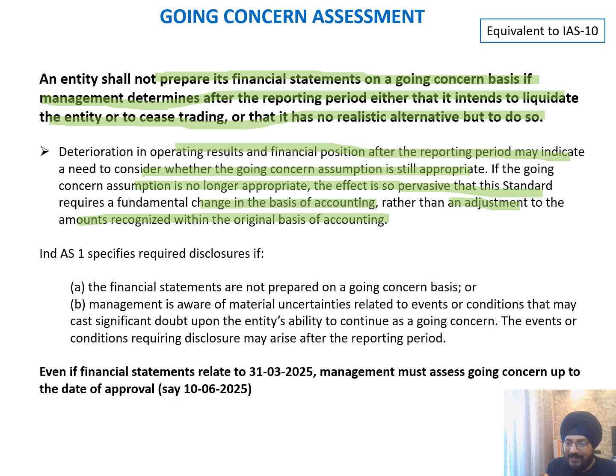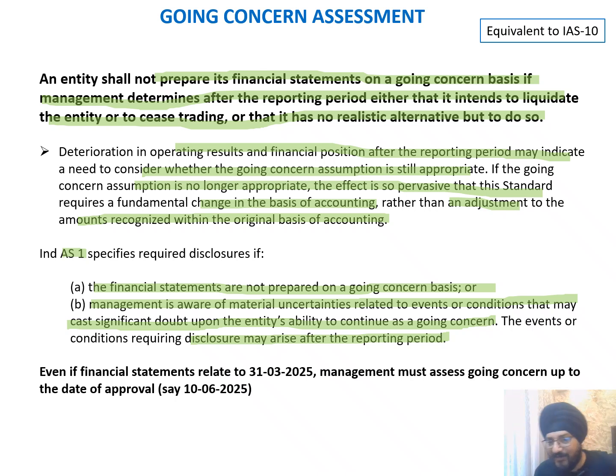IND AS 1 also requires disclosures for those. Specific disclosures are required where financial statements are not prepared on the going concern basis, and where management is aware of material uncertainties related to events or conditions that may cast significant doubt about the entity's ability to continue as a going concern. The event or condition requiring disclosure may arise after the reporting period. Even if financial statements are dated 31st March 25, management must do the assessment if approval is happening after that, which normally happens within 30 days